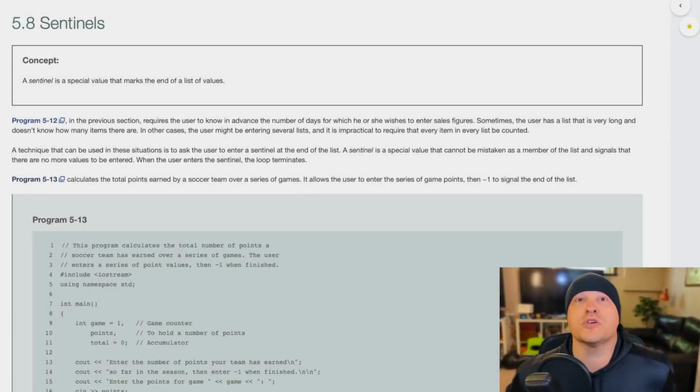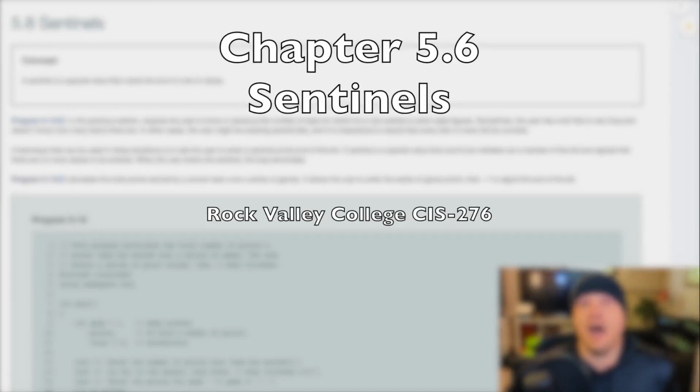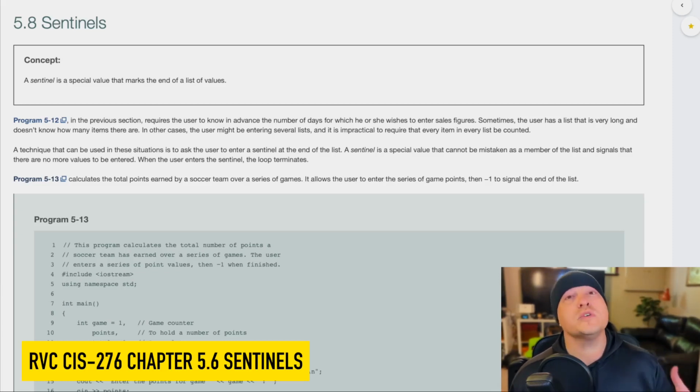The final portion we're going to look at this week from chapter 5 is the idea of a sentinel. Now, a sentinel is a special value that you use to mark the end of a set of data entry. So what we're saying is that you have a value that you are going to communicate to your end user,